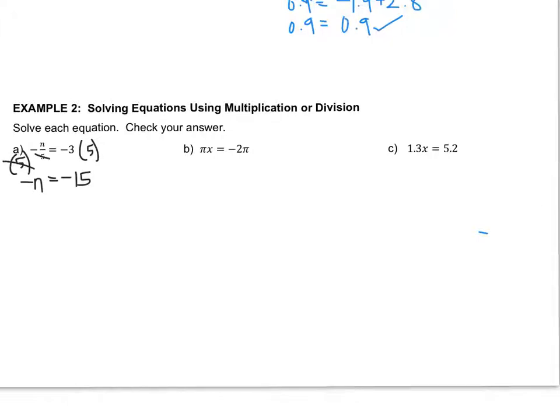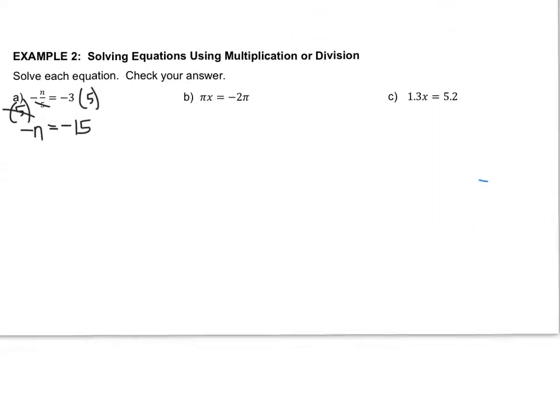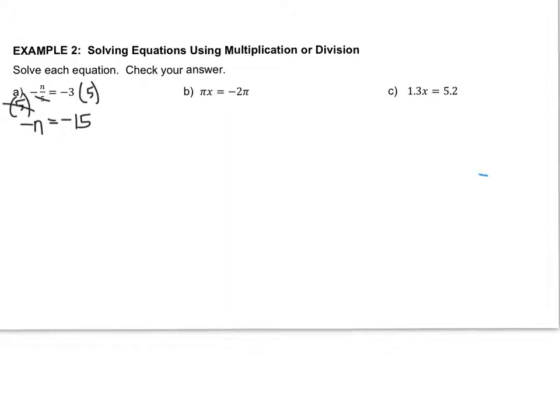And then you still have the negative sign. You might look at this and say that it looks like the n is alone, but it's not, right? Because it's a negative 1n. Anytime there's no number in front of a variable, you put a 1. So negative 1 times n. So what I now have to do is divide both sides by negative 1 to get